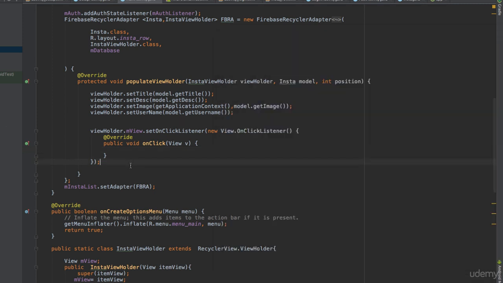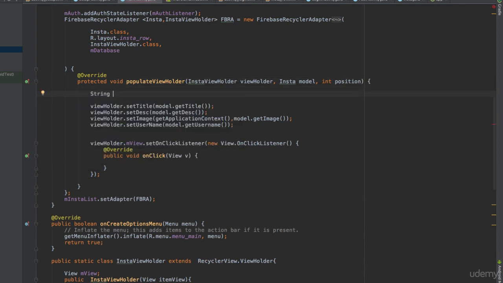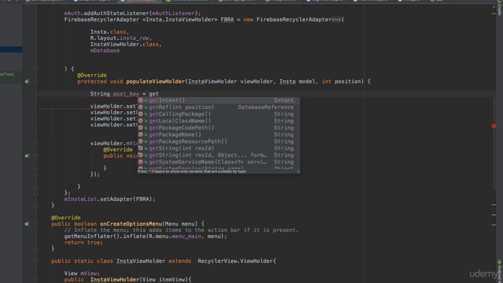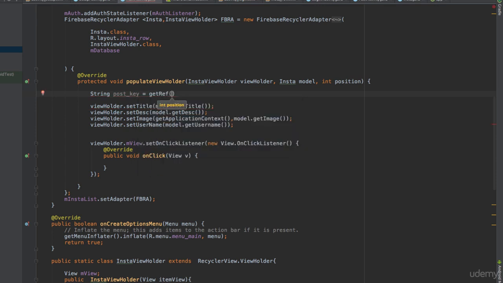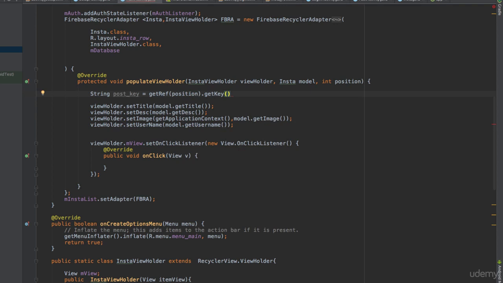So in order to do that, we do need to have a variable which is going to store the post key. So in populateViewHolder, what we are going to do is that we are going to create a new string variable which is going to be called post key. So String postKey, and that is going to be equal to getRef, and it's going to get a reference to the position. So this is going to get the position for us, and we actually want the key for that position, and then finally convert it to a string value. So now once we have this position, that is the position on which the user actually clicks, we could go ahead